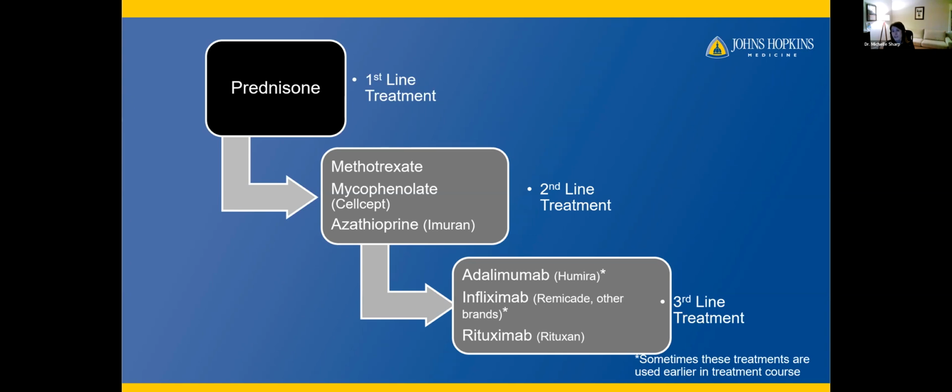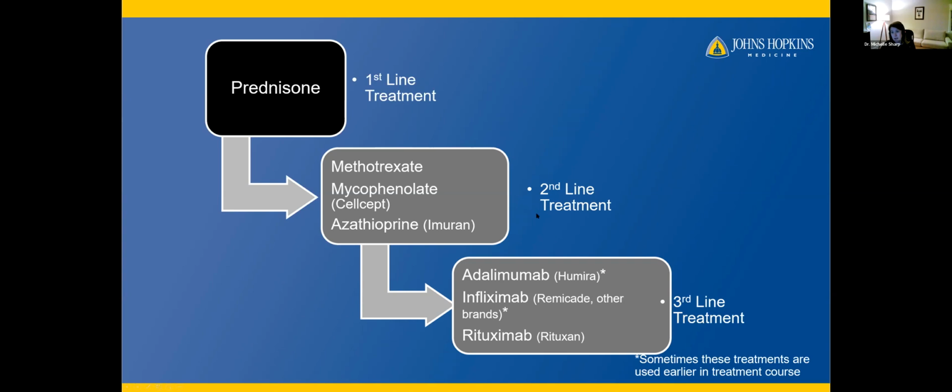It's 100% effective. I have yet to meet a patient it wasn't effective in. But the problem is whether or not you can tolerate the dose you need to control your inflammation, because some of the higher doses have significant side effects, as most of you know. And so it's a balance of treating the inflammation, but not making you overall worse from the significant side effects. Traditionally, and in the guidelines, if you need more than 10 milligrams of prednisone to control your inflammation, you would start something called a steroid sparing agent.